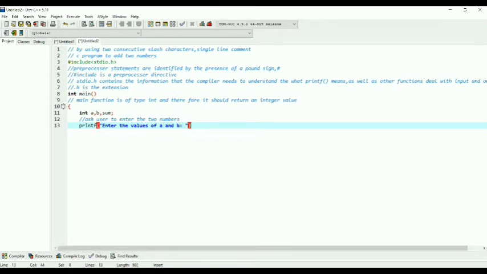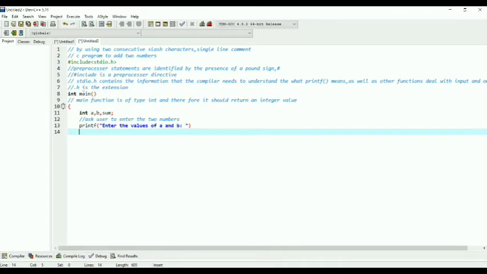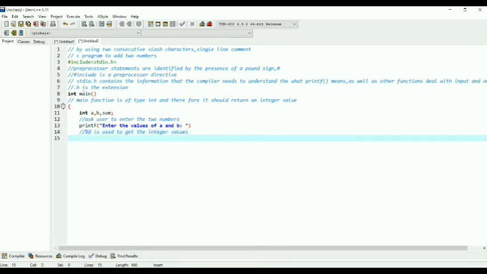Right, guys? And what we have to do is get the input. For that we have to use percentage d, which is used to get integer values. To get anything from the user, we have to use scanf, guys.